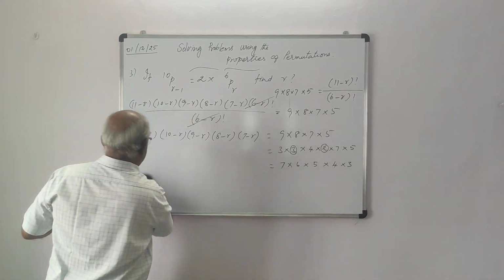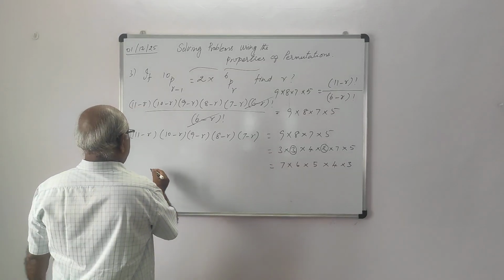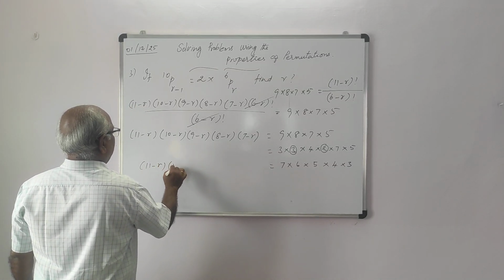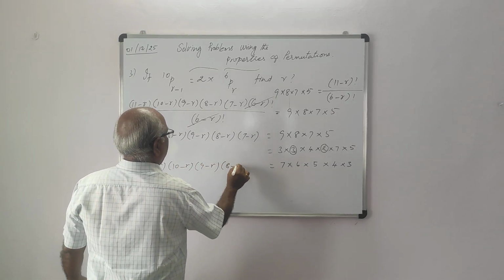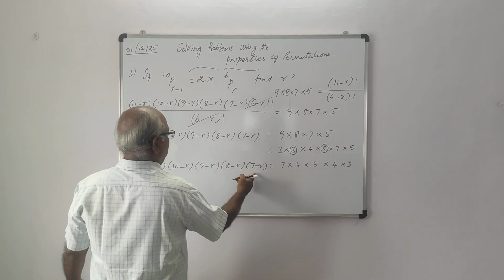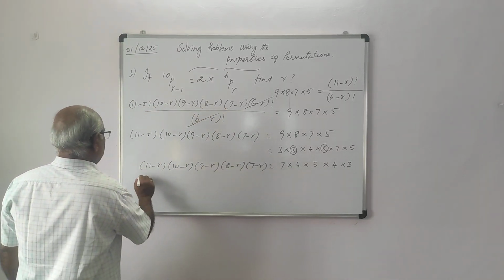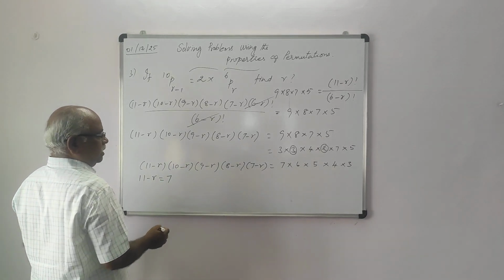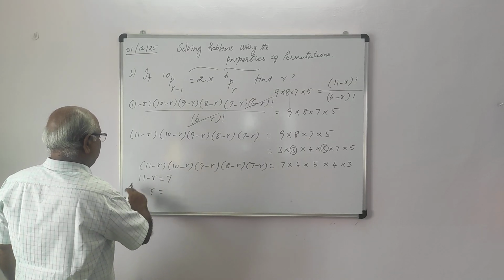So each and every term should be compared with the right hand side terms. See, left hand side you have 11 minus r, 10 minus r, 9 minus r, 8 minus r, 7 minus r. 1, 2, 3, 4, 5 terms are there. Here also 1, 2, 3, 4, 5 terms are there. Therefore, first term 11 minus r is equal to the first term on the right hand side, 7. So r equal to 11 minus 7,